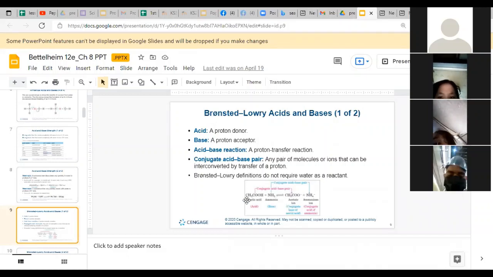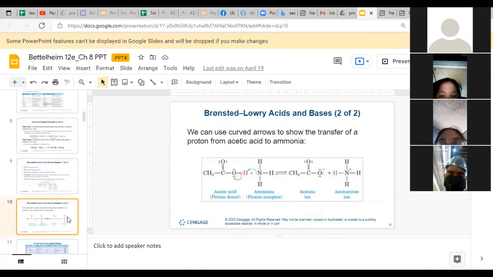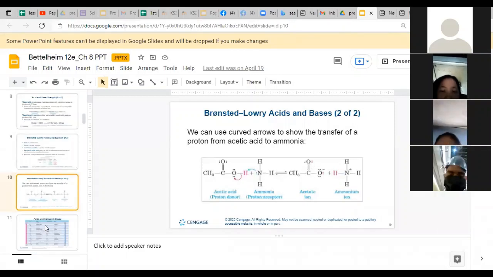So same thing with ammonia. So NH3 magiging NH4+. So this is the base reactant natin. So the conjugate acid will be NH4+. Okay, so yun, may transfer of protons, and then you form these compounds. So take note,